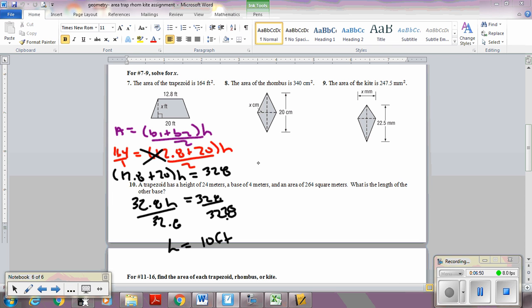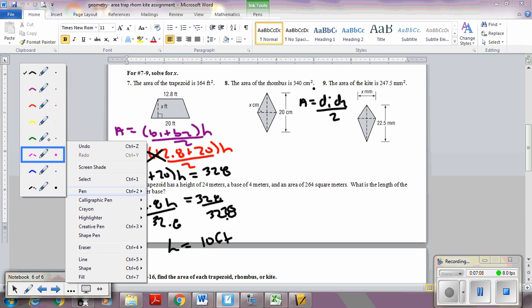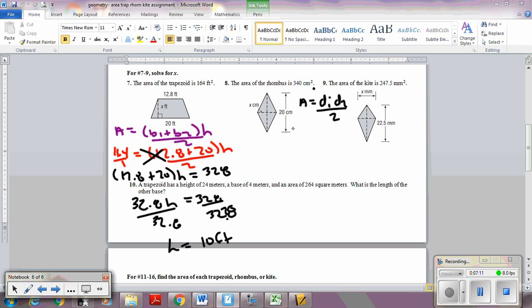Number 9 is a kite. Again, they give you the area. And we have to work backwards to find the diagonal. So again, the area formula for a kite is d1 times d2 over 2. Replace the area with 247.5. We have one diagonal as 22.5. We don't know the other one. That's what we're looking for. And it's over 2. So again, we're going to put it over 1 and cross multiply,